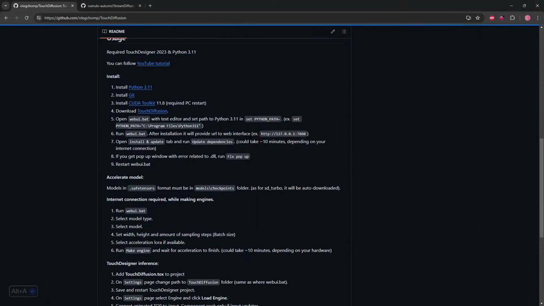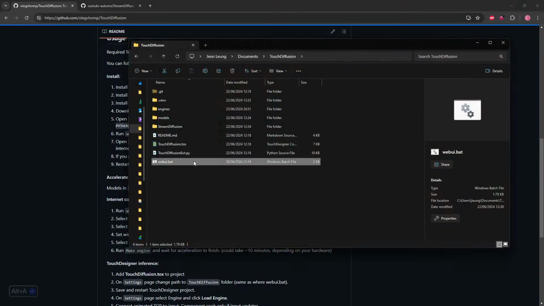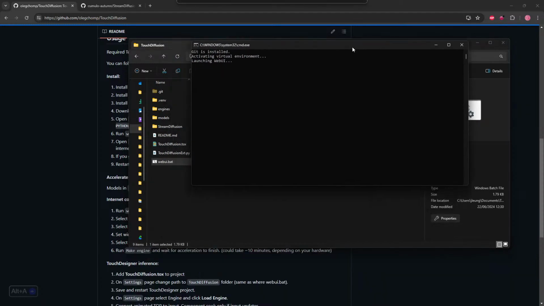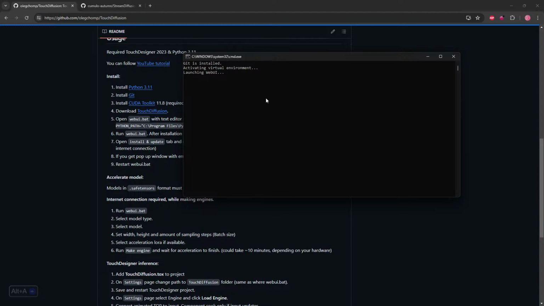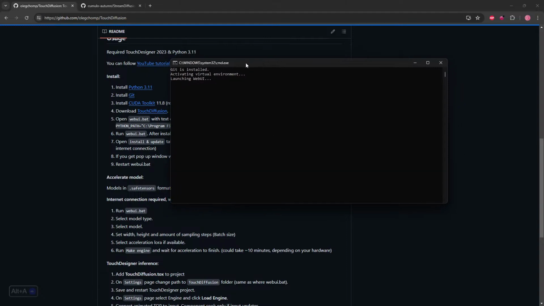Afterwards, you'll be guided to run this. I've already done this before, but I'm going to do it together with you. Once you click into this, you will see this command prompt pop up. Again, a bat is an executable, so it's got all the command lines that you need to enter, and it's automated for you. In your case, it might take longer to create a virtual environment and activate the virtual environment. In my case, because I've done it just this week, all I need to do is to click